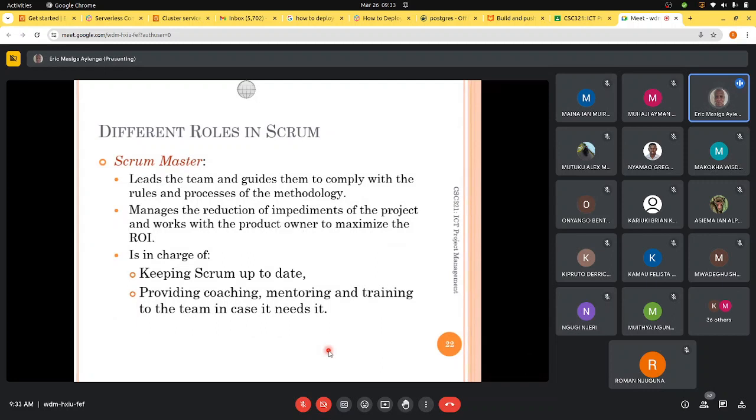He manages the reduction of impediments of the project and works with the product owner to maximize the return on investment. So those are two things. He tries to ensure that the risk is minimal. And he also tries to ensure that the product gives